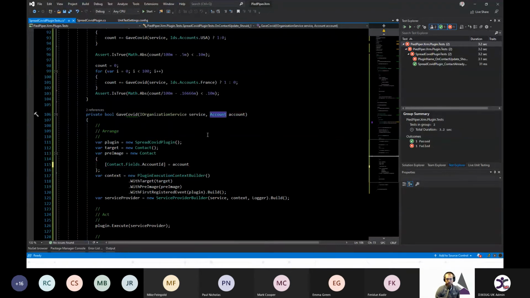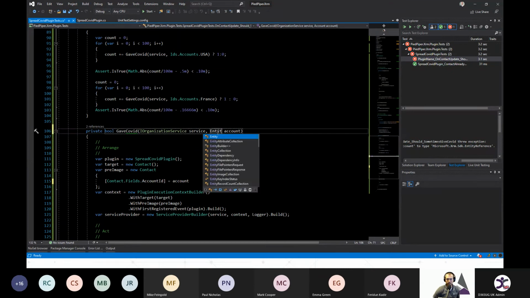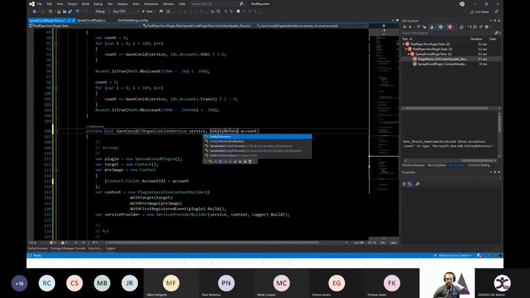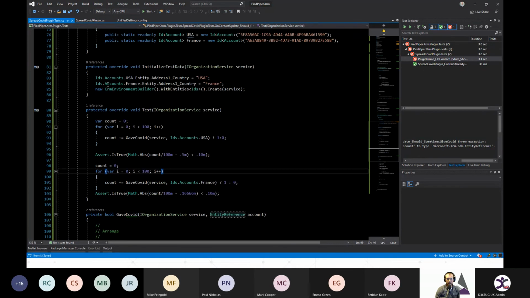All right, here's the part with IDs. So this is failing here because it's unable to cast the account to an entity reference. This is kind of a fun part here. I update it here. And then I don't need to update it here because those IDs entity will automatically go back and, based on what you're asking for,